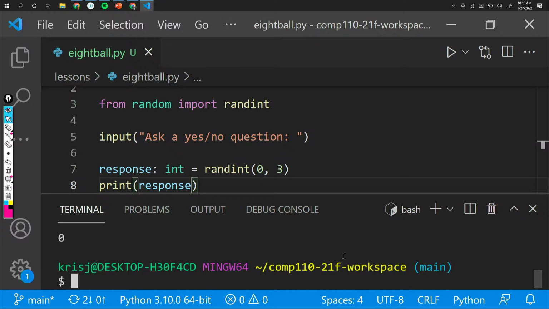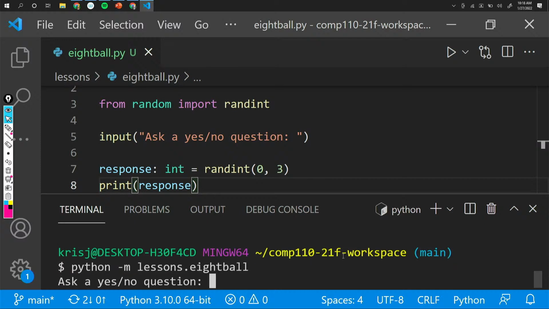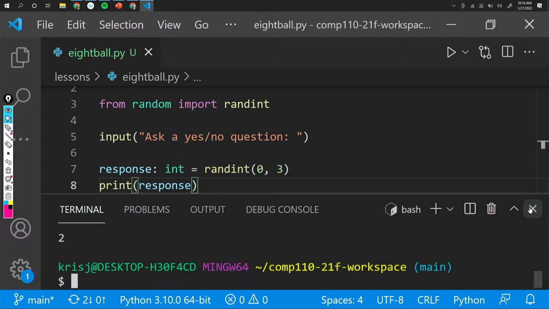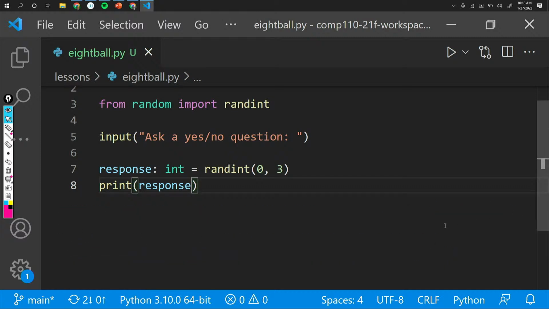Try it again, it prints out 0, and so on. All right, so we're getting a random number between 0 and 3, inclusive of both of those numbers as our response.